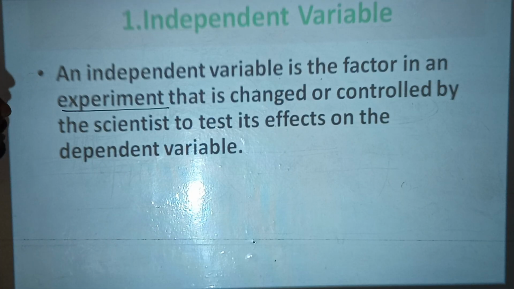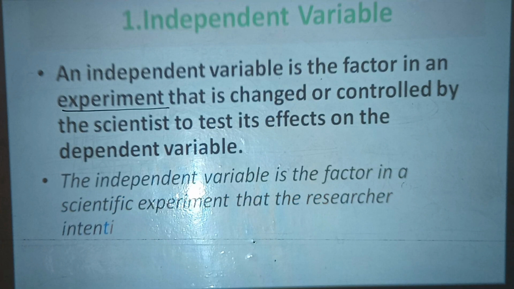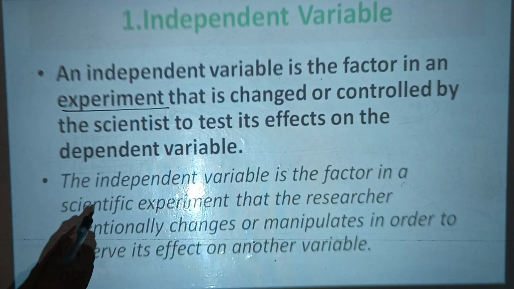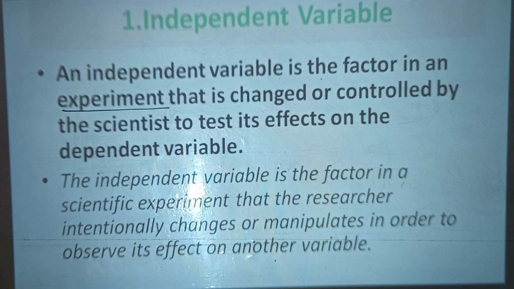Before taking an example, we also get clear about what the dependent variable is. Likewise here, okay. So if you take another example of the independent variable, like here, the independent variable is the factor in a scientific experiment that the researcher intentionally changes or manipulates in order to observe its effect on another variable. I want to say that here, a person who is taking the experiment can change the experiment, or we say manipulate it,